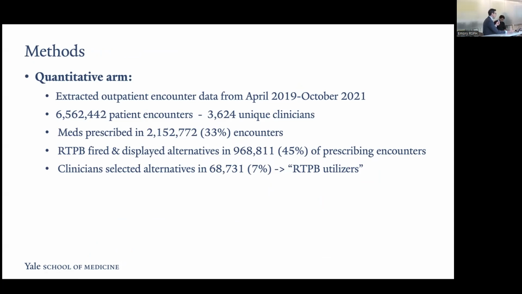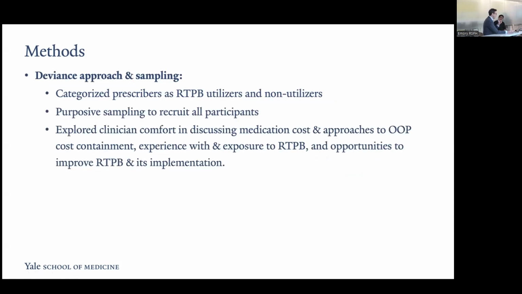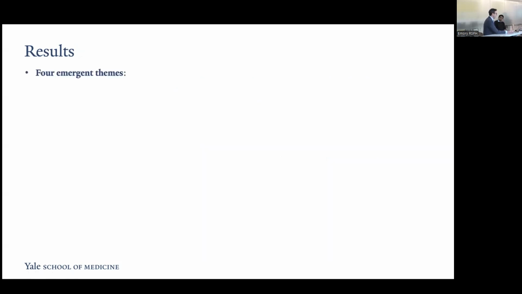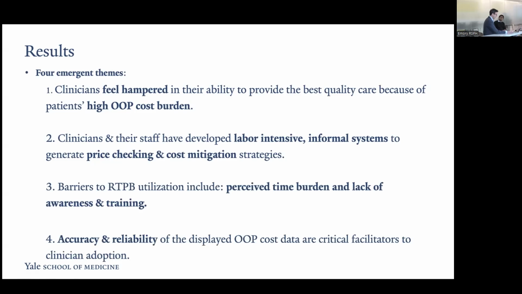And this was across the health systems and really comes back to what providers know or trust in using these tools. So it was really based on this low utilization rate that we wanted to delve deeper with some qualitative work. We looked at utilizers and non-utilizers and recruited a purposive sample across these institutions. We interviewed 43 clinicians of diverse specialties, physicians, nurse practitioners, PAs. And there were 4 emergent themes, and I'll show you some example quotations from each of these in the last part of this talk. So these are the 4 themes, and I'll go through them one by one.